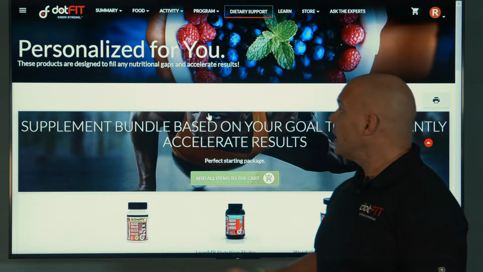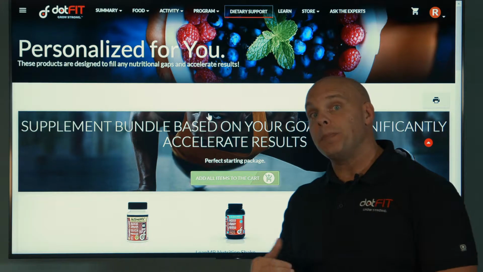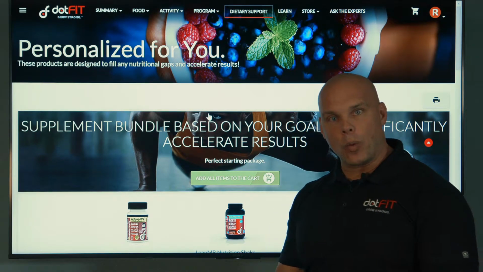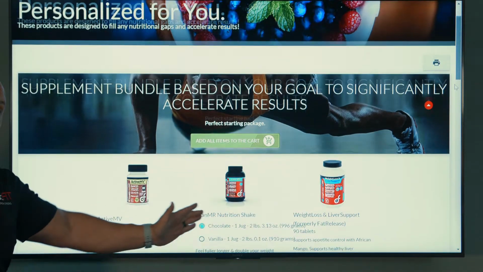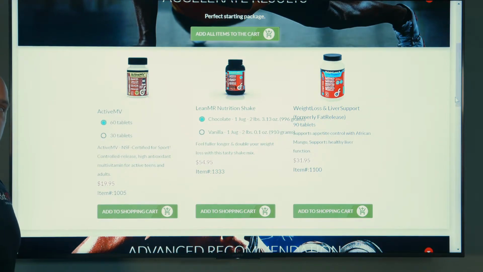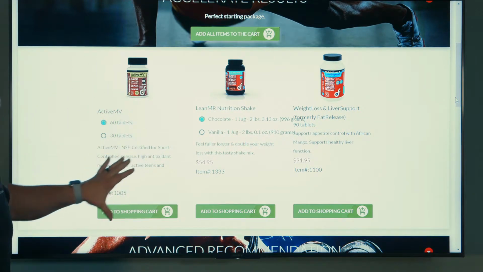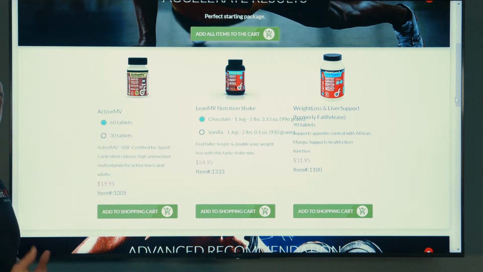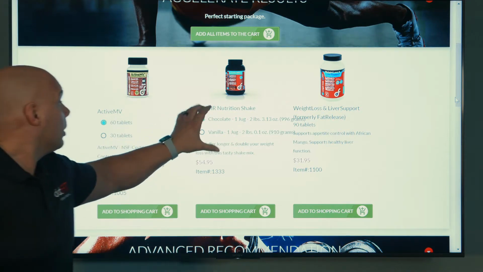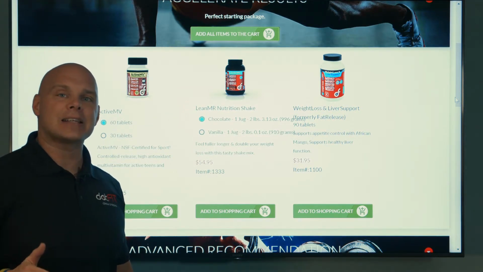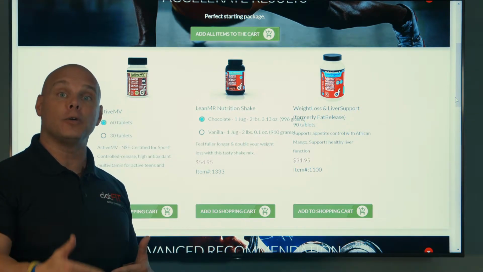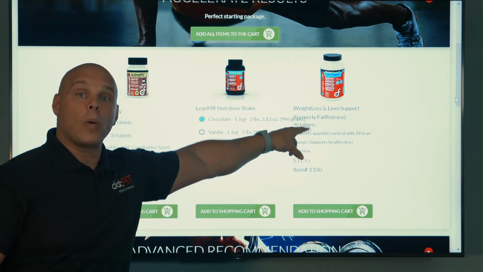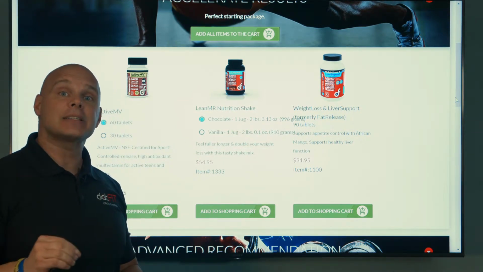So first thing you'll notice is we have a supplement bundle, which was based on our goal. We put in for my goal being weight loss. So Chad, if you scroll down just a little bit, you're gonna see 3 products here. That's a great weight loss bundle to get you started on your journey. Our active multivitamin to make up for what we may not be getting from our food, especially because we're cutting back on our calories as well. Our Lean MR, which is just a fantastic under 200 calorie snack that's nice and high in fiber to make us feel fuller longer, as well as over here our weight loss and liver support,